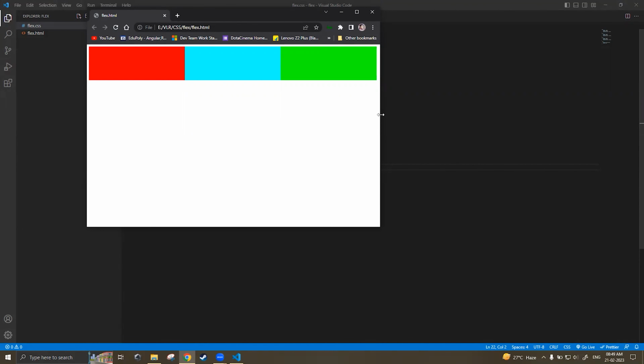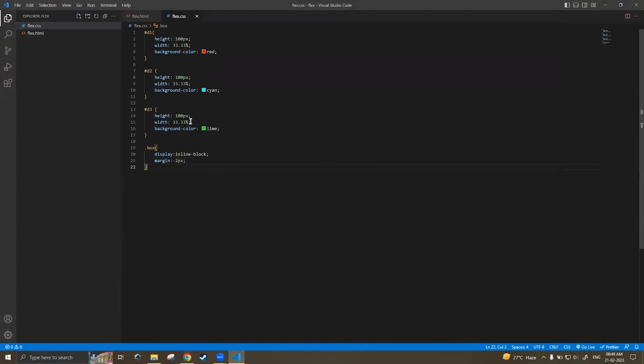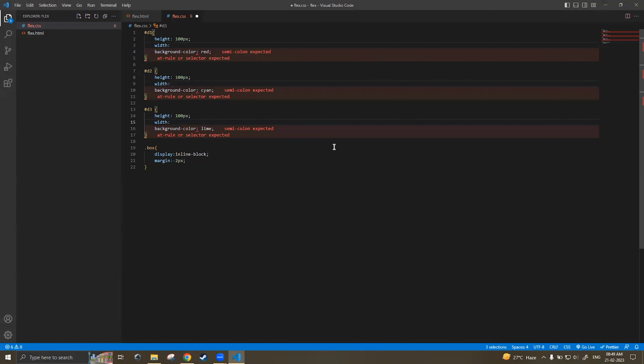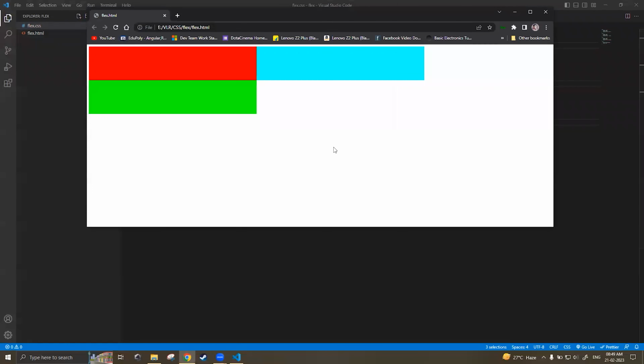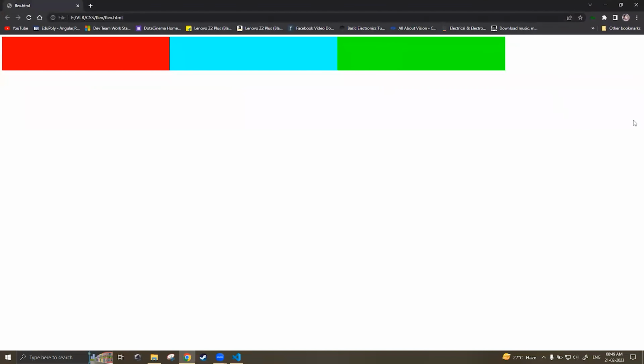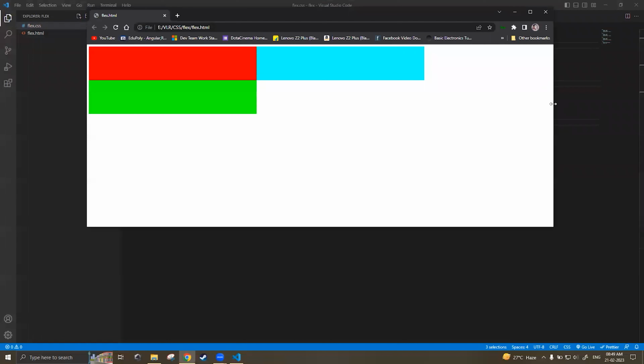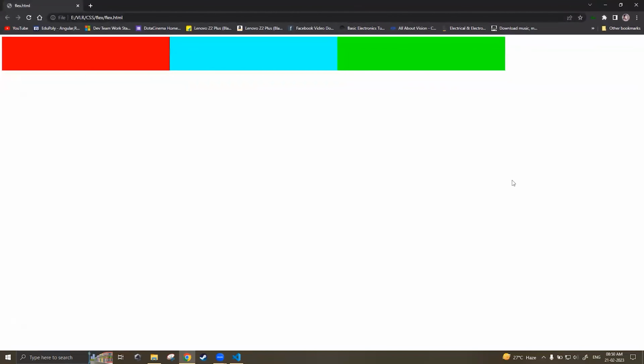But when I apply some pixel values, let's say 500px, then it doesn't work. If I resize this, all the boxes are coming one after the other when I reduce the screen size. Okay, so all these problems, the gap, the width,